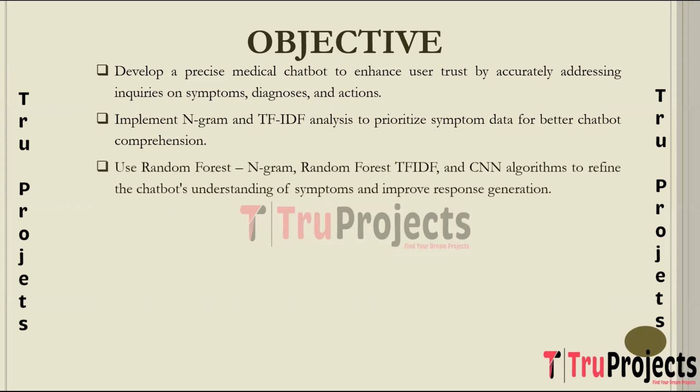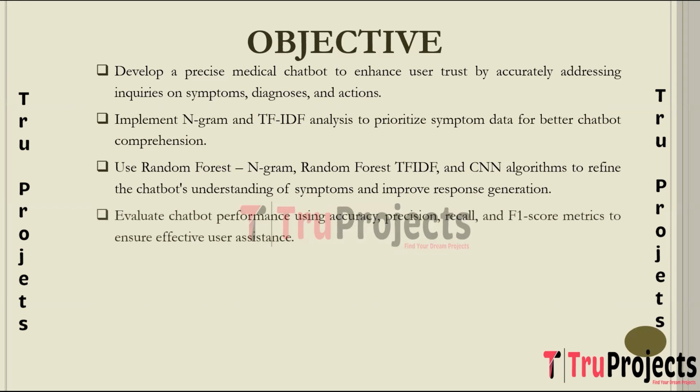The aim is to utilize random forest with N-gram, random forest with TF-IDF, and CNN algorithms to dissect symptom descriptions into N-word sequences, uncover common patterns, and prioritize relevant terms, thereby refining the chatbot's comprehension and response generation capabilities. The objective is to evaluate the performance of the chatbot using key metrics such as accuracy, precision, recall, and F1 score to assess its ability to accurately interpret user queries, providing relevant guidance, and effectively assist users in navigating medical